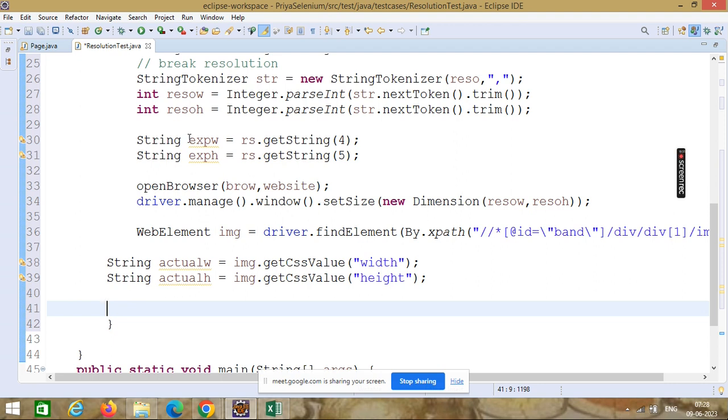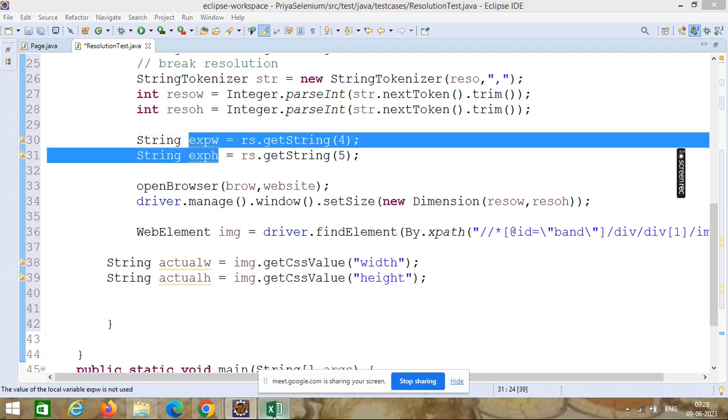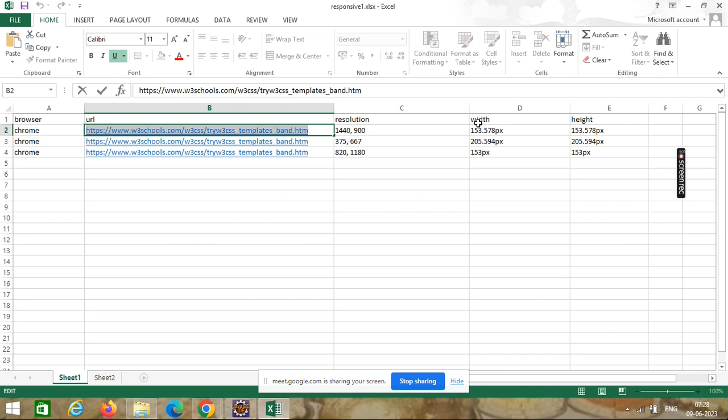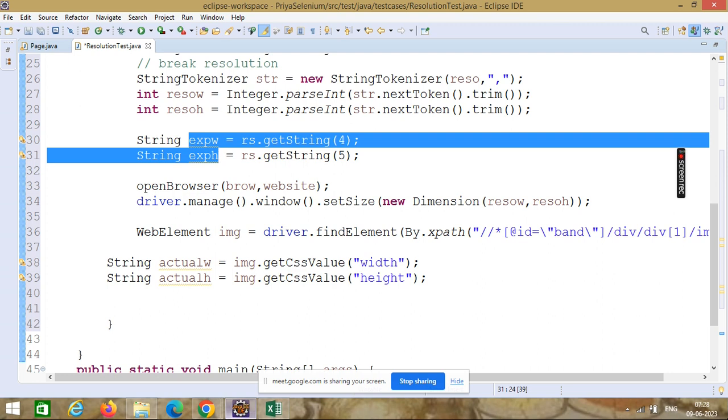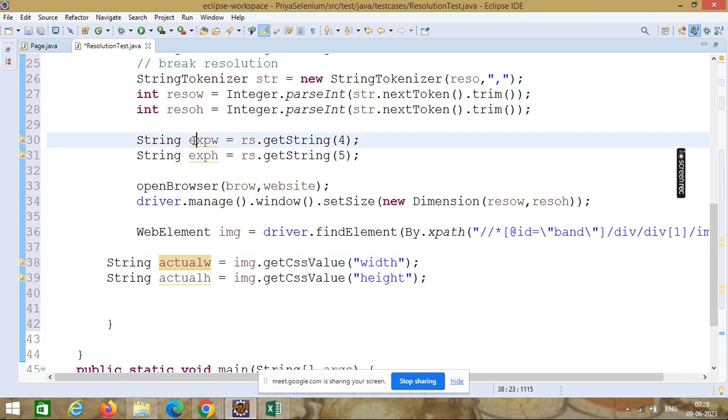So now I have this expected data. This is the expected data, width and height, and this is the actual data which is actually coming from the website. So now I have to compare this expected and actual.